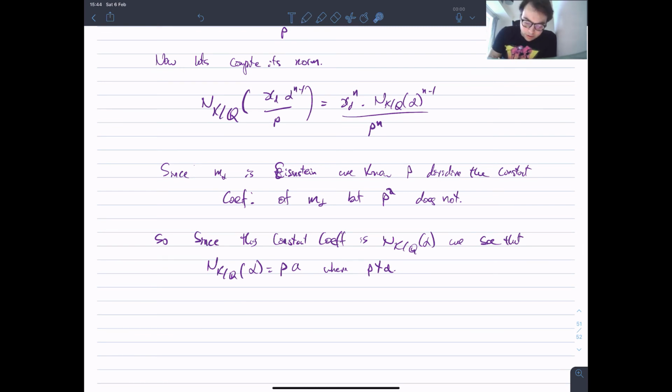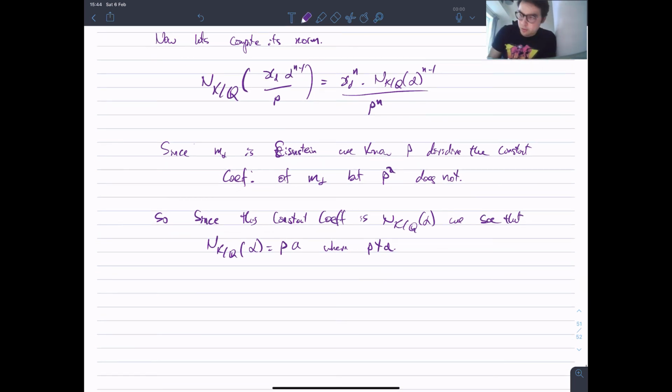If you don't remember why the constant coefficient is the norm, just go back to when we looked at minimal polynomials and norms. We had this result which told us that if you had a matrix and you look at the characteristic polynomial, the second coefficient was a trace and the last one was a norm, and then we related this to the minimal polynomial. So therefore,